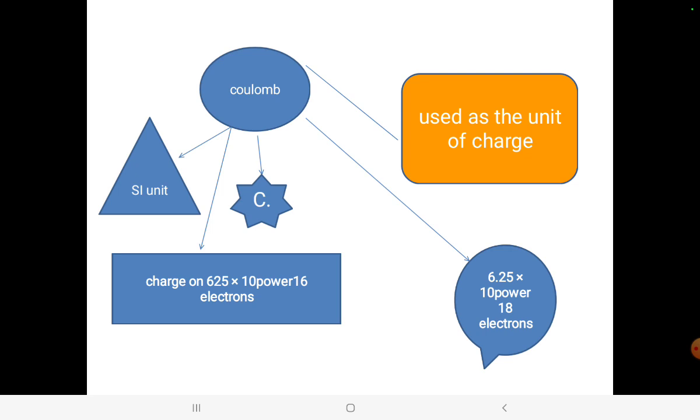So charge of 1 coulomb is equal to 6.25 into 10 power 18 electrons. Here on the right side is shown 6.25 into 10 power 18. 6.25 into 10 power 18 electrons. Similarly, 10 power 18 means after 6 there are 2 decimal points. So by dividing,